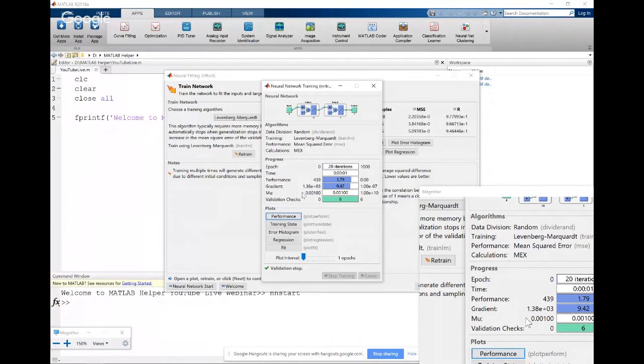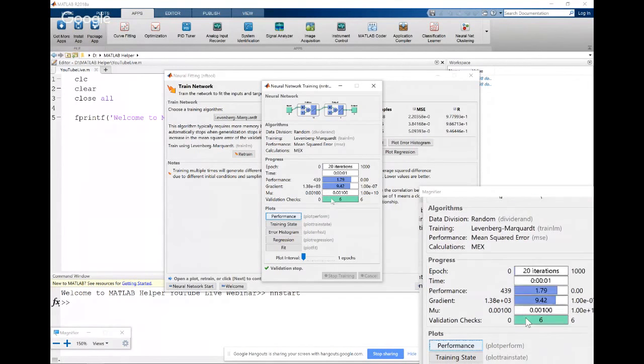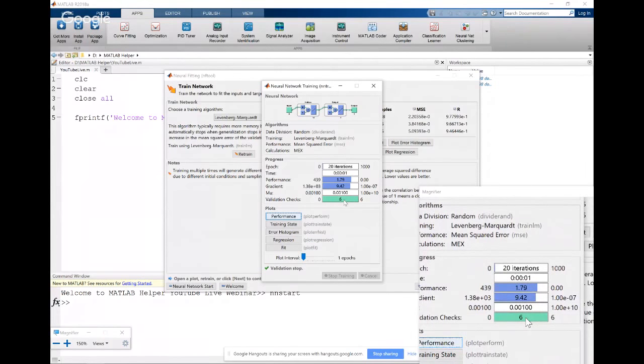For the validation checks, I was saying that there were 6 iterations in this case. The training continued until the validation error failed to decrease for 6 iterations. So the validation stopped after 6 iterations, and that's why the number 6 over here.